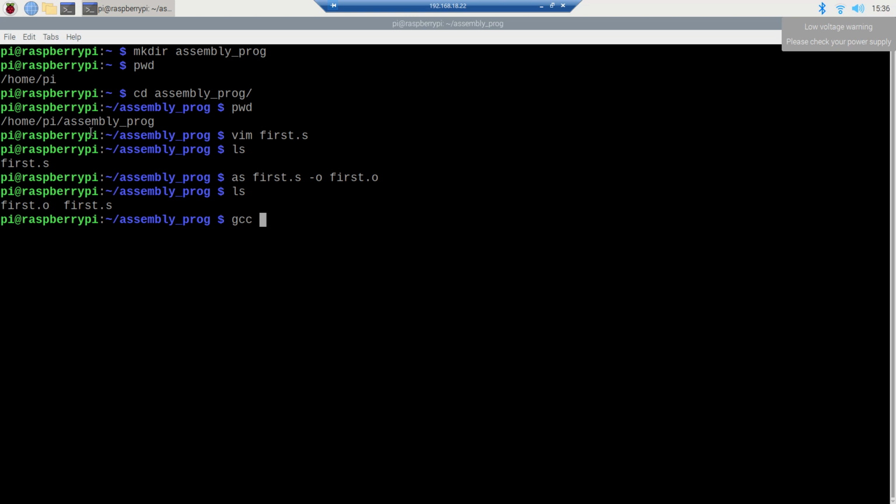So I'll write gcc first.o, and I will say first. So now I will list the files, so I can see that the file in green means that the executable is basically created. Now I want to run it, so I will run it like